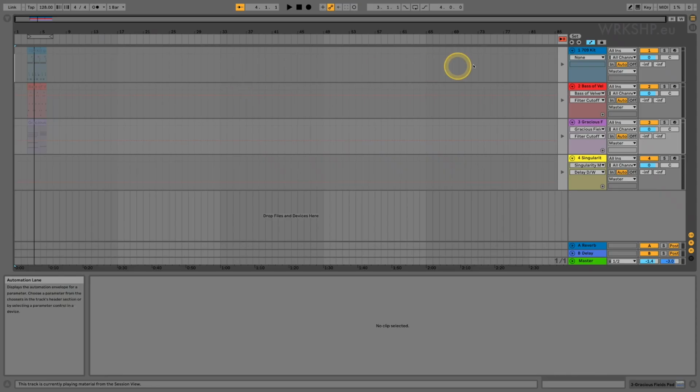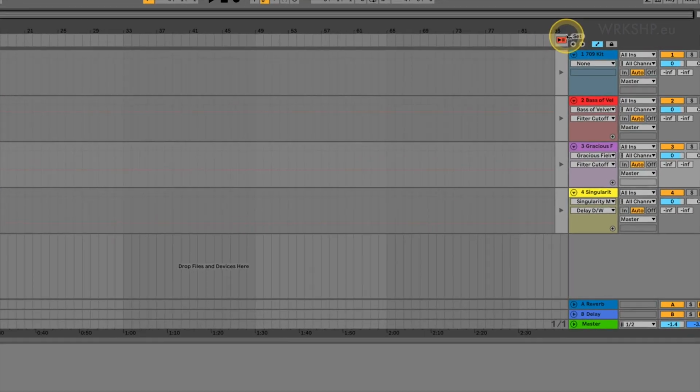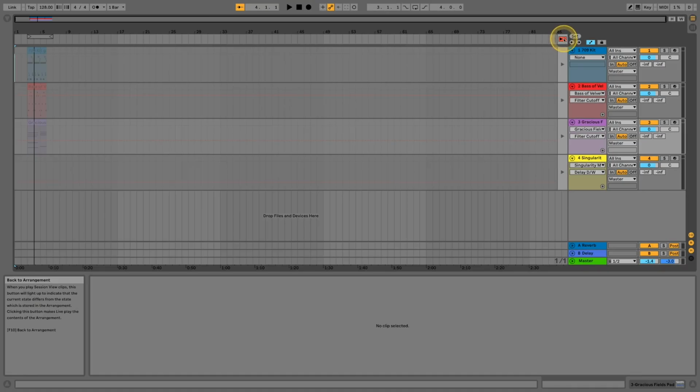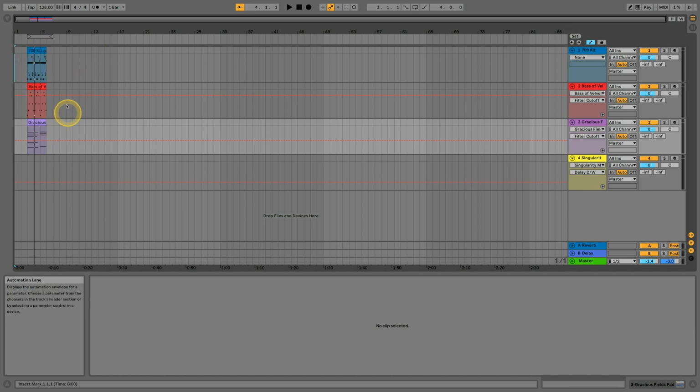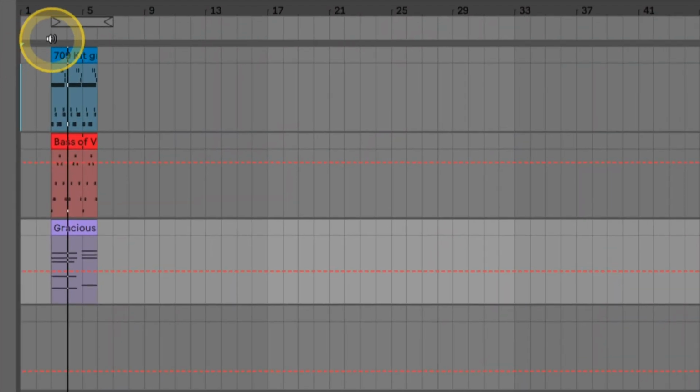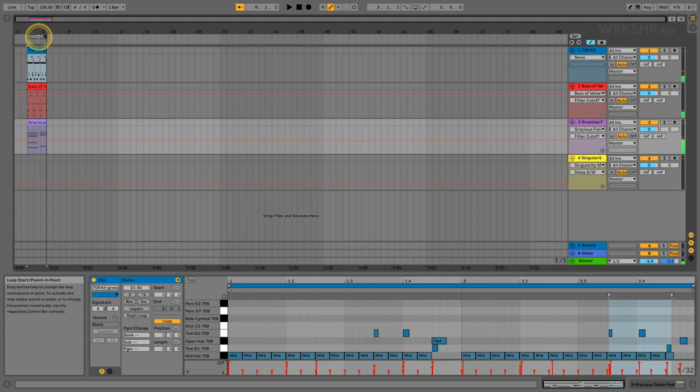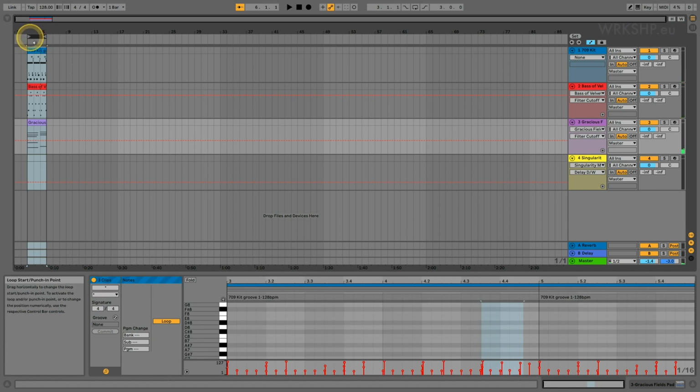If we want to hear what's going on in the arrangement view, we need to use that button, the back to arrangement button, and if I press it here, you can see what happens. They all light up. And now if I would come in here and play them, they play back. And what we can do here for now, just to show you how this is working, is I'm going to move the loop brace here. I'm going to turn loop on and just play this round and round.